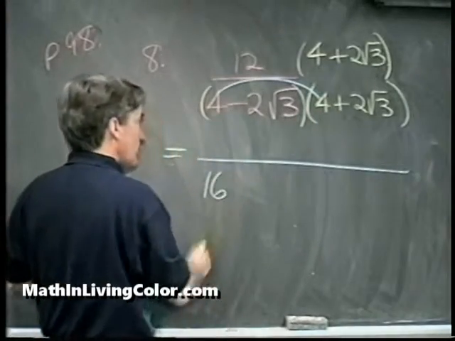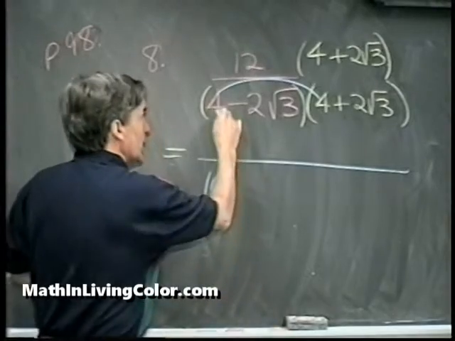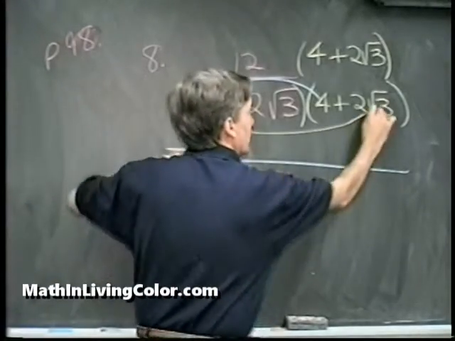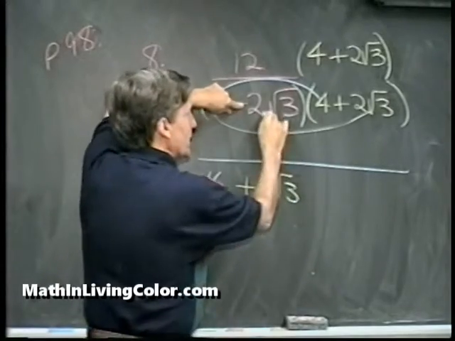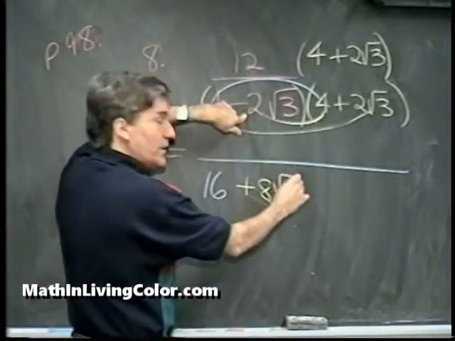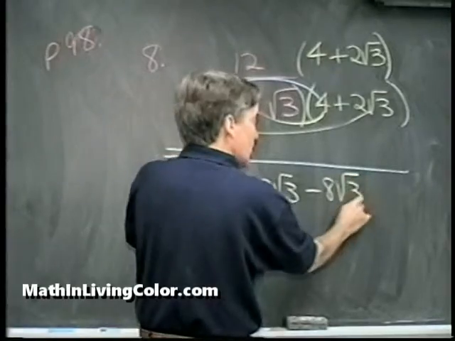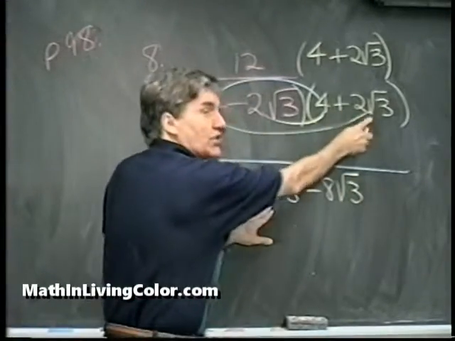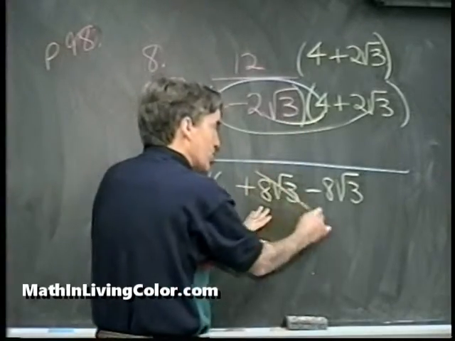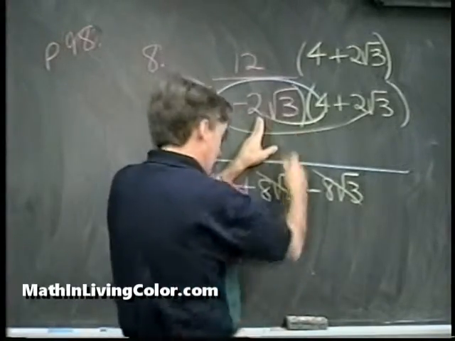16. And then the outer times outer would be 8 plus 8 square root of 3. The inner times inner would be minus 8 square root of 3. And you see what happens there? That subtracts out. That's what makes this conjugate work. The fact that the middle term subtracts out, and then the last times last